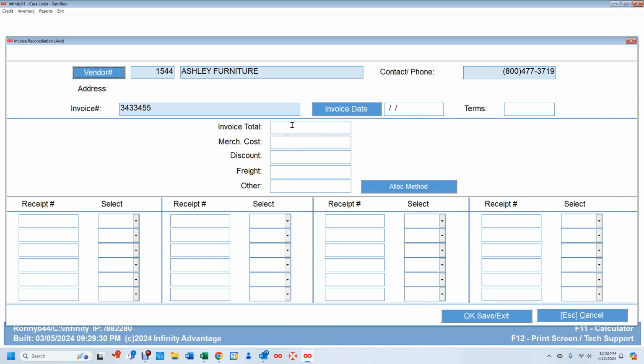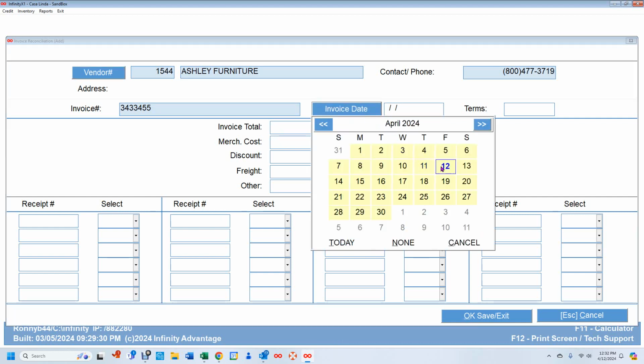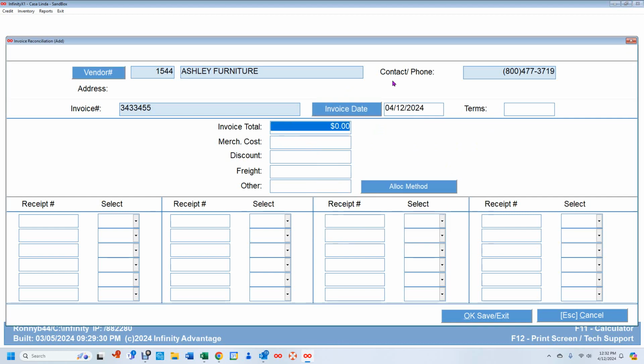All right, so let's put the date in first, the 12th. And we're going to say that the vendor said that this is $2,240 we are being charged, all in merchandise. Enter the receipt number, 78230. Again, click the yes here, and